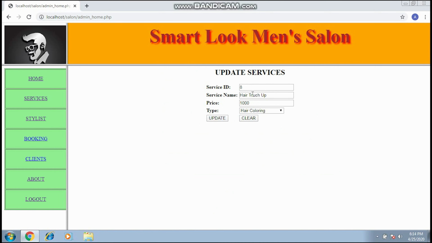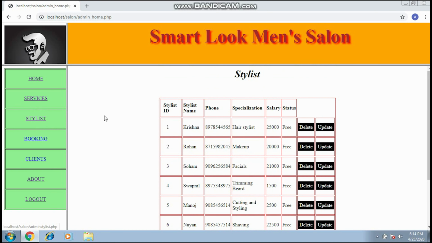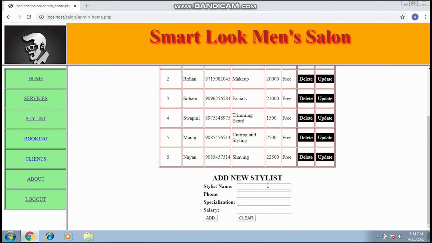If you want to update any service, you can do it likewise. You can see the updated price here. Now, let's take a look at the stylists that are there in the salon. You can add a new stylist.